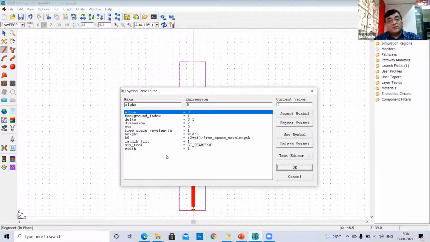The user can also introduce their own variables, define them over here, and use them in the structure design.